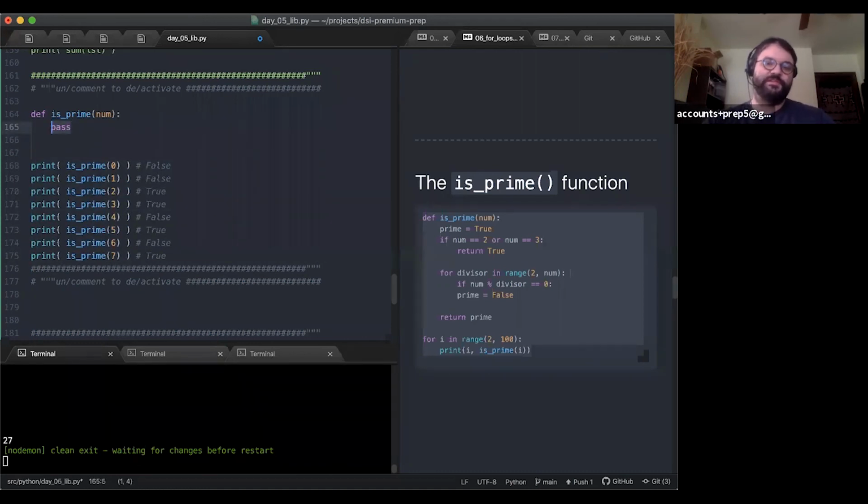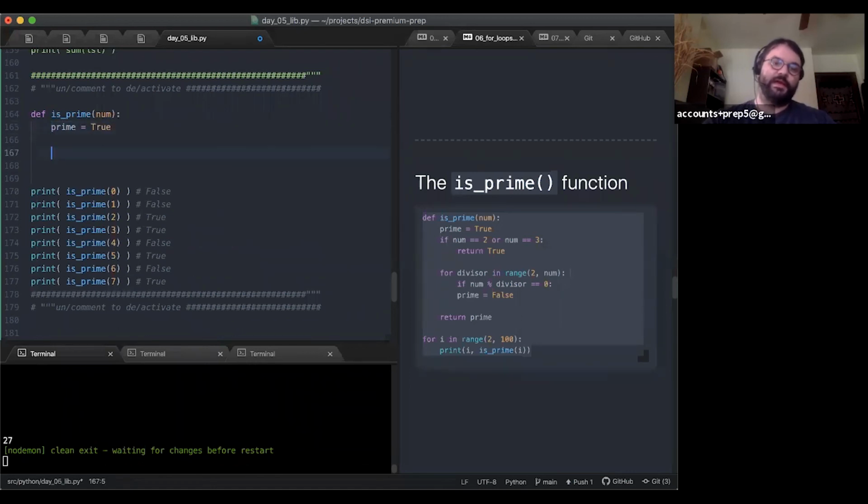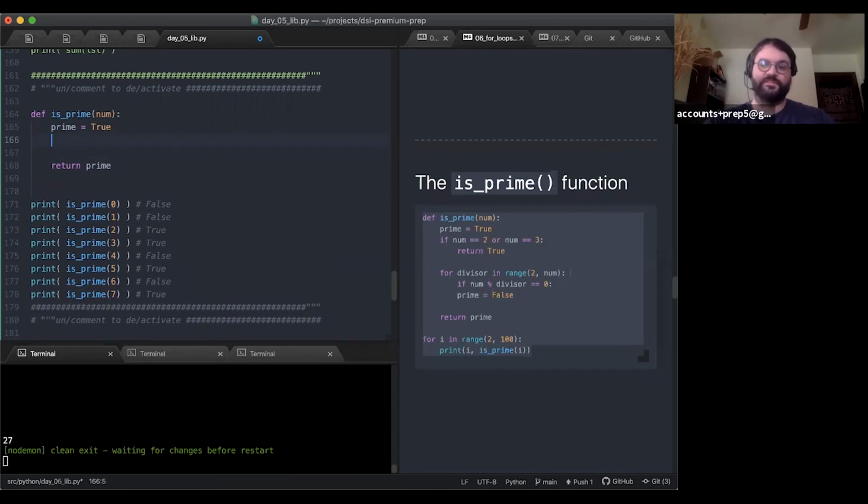So the way we can do this is we can say prime equals true, and I always like to write in my returns right away. So return prime. And then I'm going to check an edge case here. I'm just going to handle numbers less than 2, and that'll become apparent why.